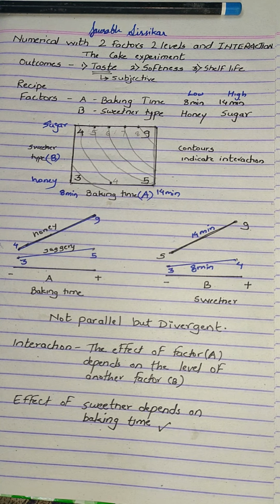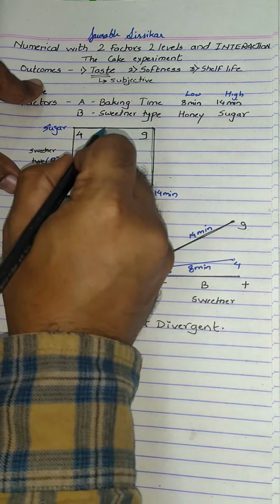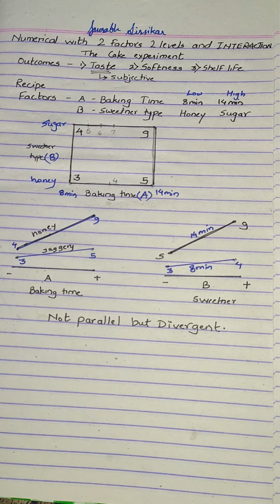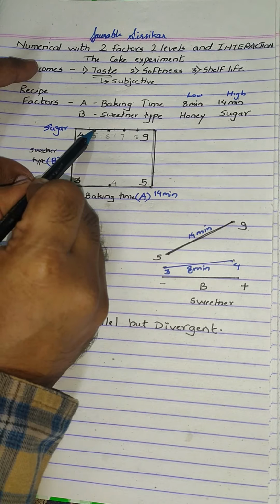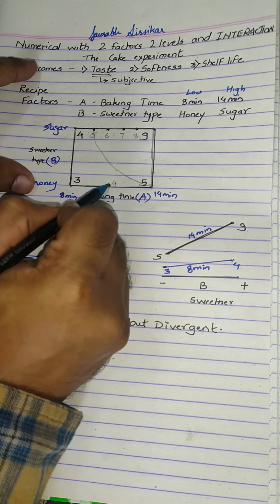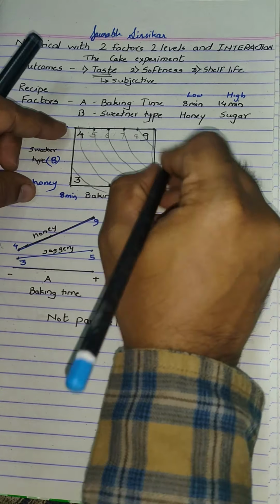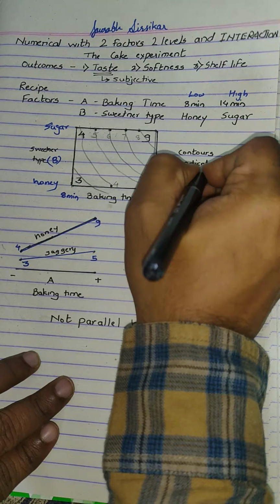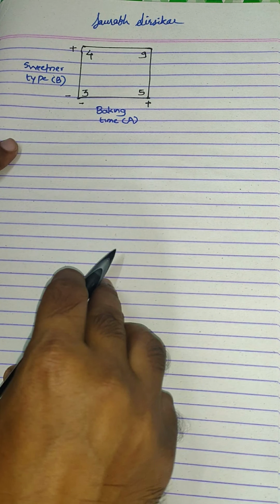Another visualization I showed you last time was the contour plot, and when we draw a contour plot for this system, we notice that there is some non-linearities here. In order to connect these lines, we need to have curves in them to make it work. We use the term curvature to describe this sort of non-linearity, and curvature is the evidence that there might be interaction in our system. Let's try to quantify the system numerically.